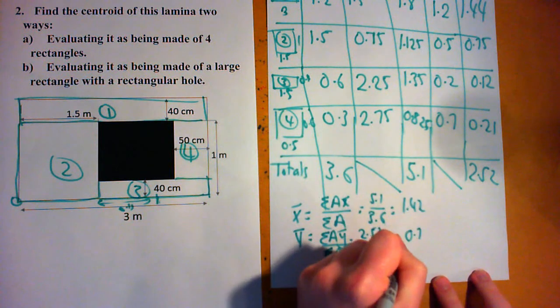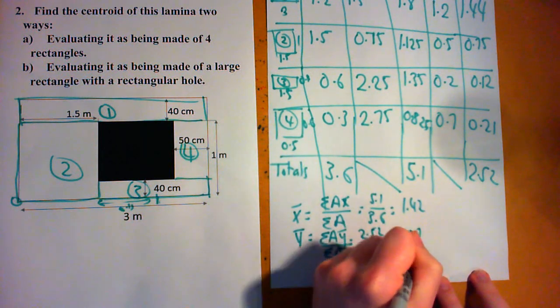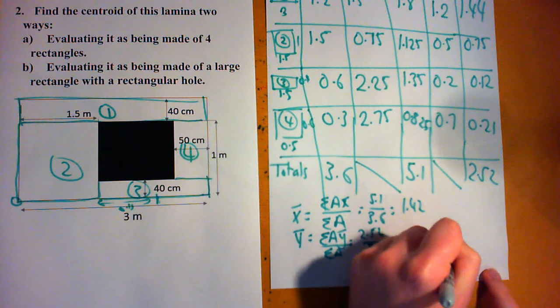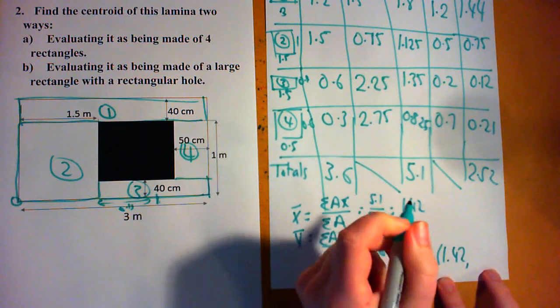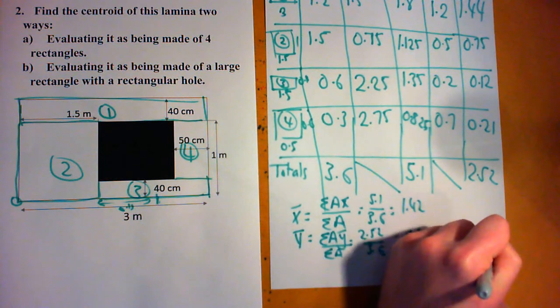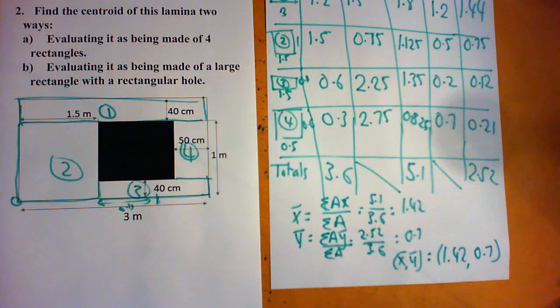So the centroid in metres, x-bar y-bar, is 1.42 and 0.7, which we are not surprised by